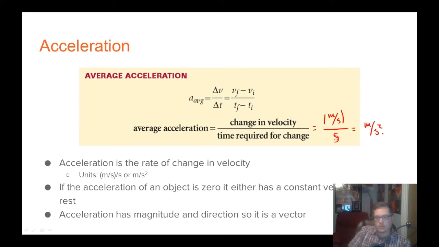Now, when you hear the term magnitude, what I want you to think of right away is the absolute value. When you think about magnitude, you should immediately think of absolute value, meaning how big your number is, how far away from 0 you are. The magnitude just tells you how big it is. It doesn't tell you if it's positive or negative, but the direction tells you the positive